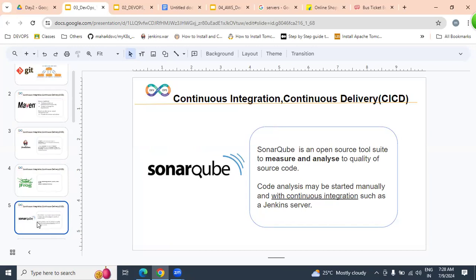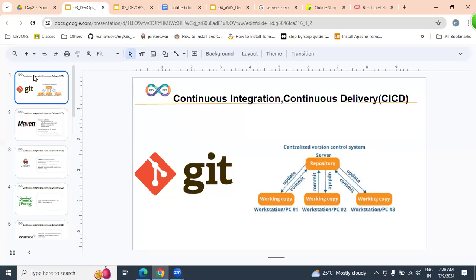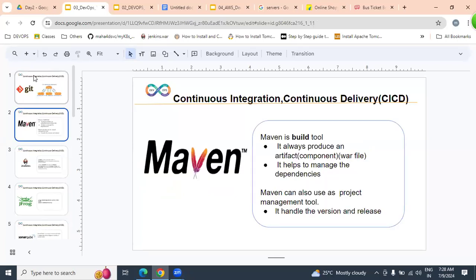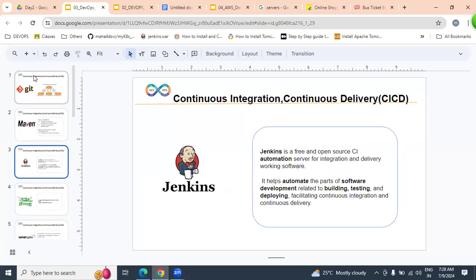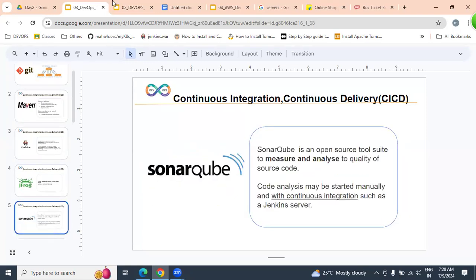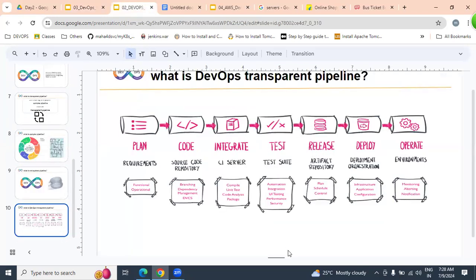It checks whether developers are following standards and using the right functions, and it gives statistics and reports on how accurately they write code. So with Git, Maven, Jenkins, JFrog, and SonarQube, we can implement a CI/CD process: continuous integration, making working software, and continuous delivery.